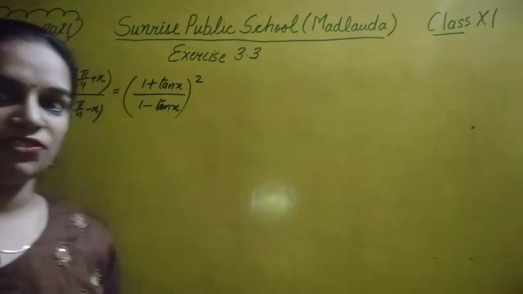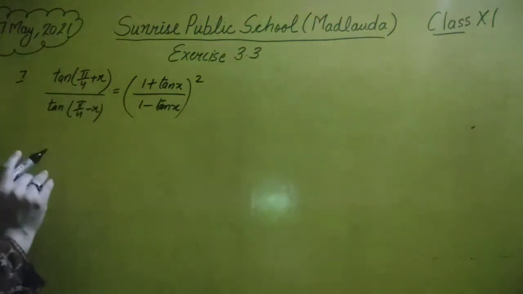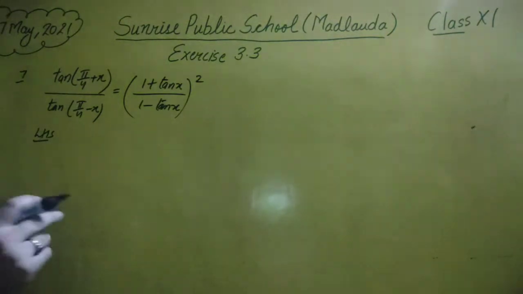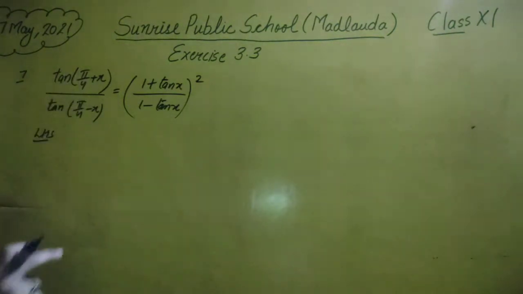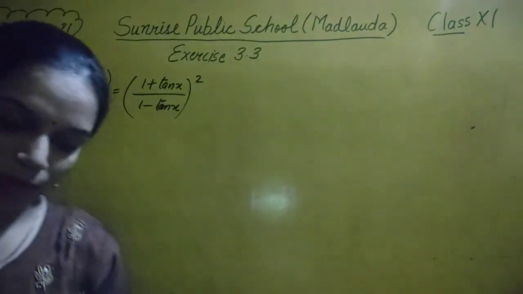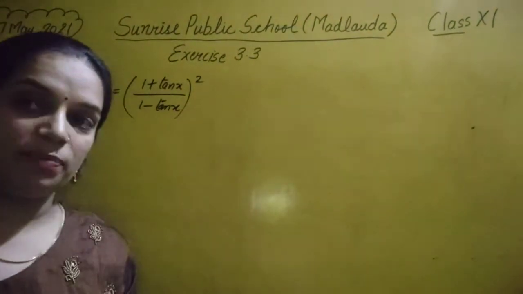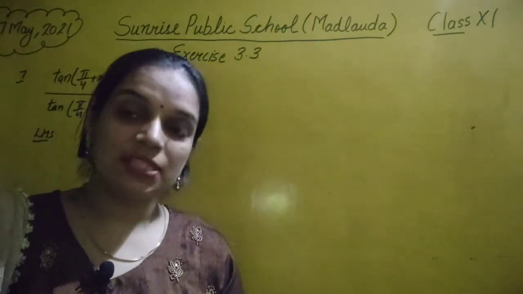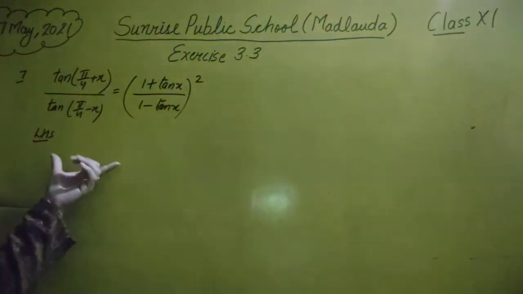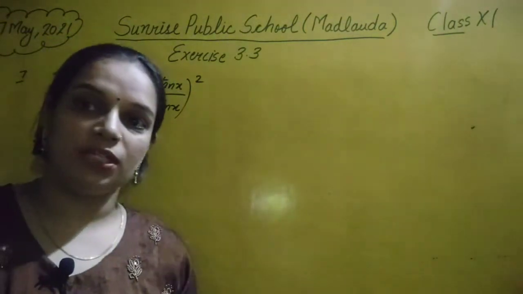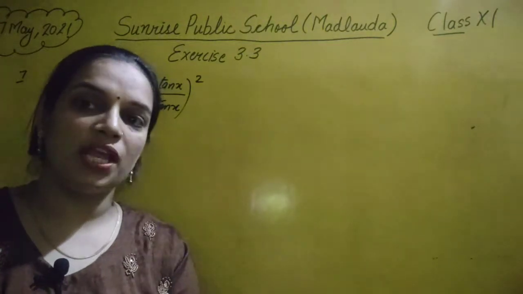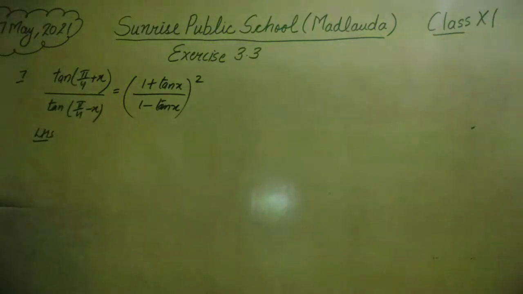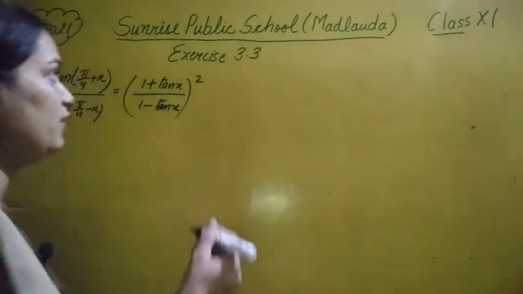So we will take our left hand side and equate it to the right hand side. In the left hand side, as you know, we have tan(pi/4 + x). अगर पाई बाय 4 के प्लेस पे पाई बाय 2, 2 पाई, 3 पाई बाय 2, मतलब इस तरह की टर्म होती, तब अकॉर्डिंग टू क्वाड्रेंट उसको सोल्व कर देते हैं कि इस क्वाड्रेंट में एंटर हो गया और ट्रिग्नोमेट्रिक रेशियो पॉजिटिव होगा या नेगेटिव होगा. अकॉर्डिंग टू दैट वी विल चेंज. बट देयर इज पाई बाय 4. सो व्हाट वी विल डू? वी विल यूज द आइडेंटिटी